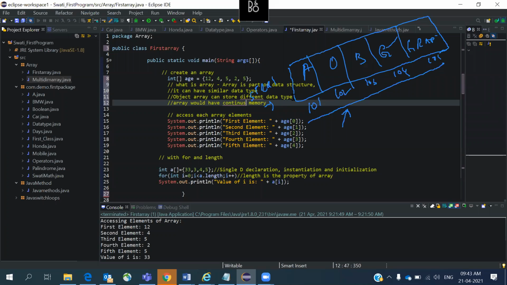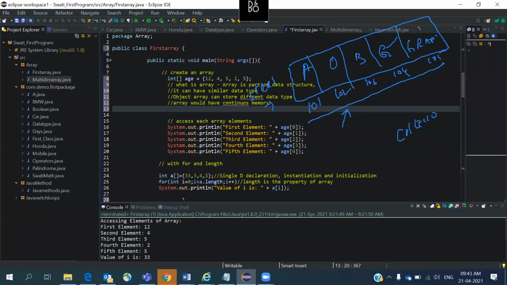So which is that? When we come to the part of collections, we will discuss this in more detail, because we have an array list, and we do have linked list, and all other things to store this particular data. At that time we will discuss this later. So the most important thing as of now we need to understand is that an array will have a continuous memory allocation.